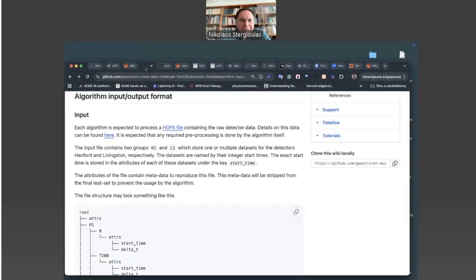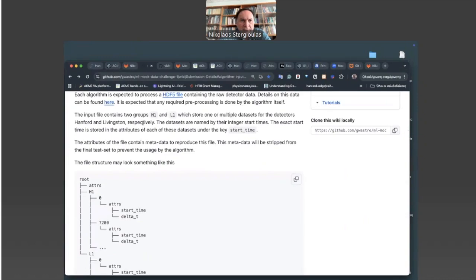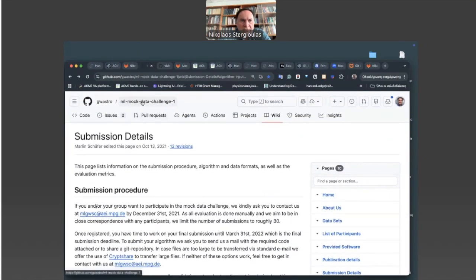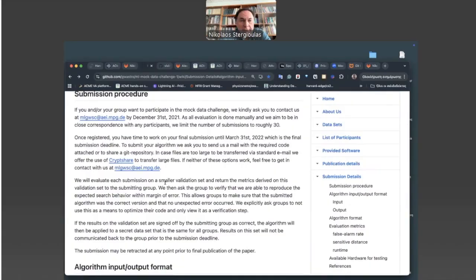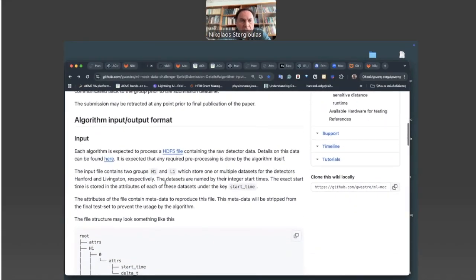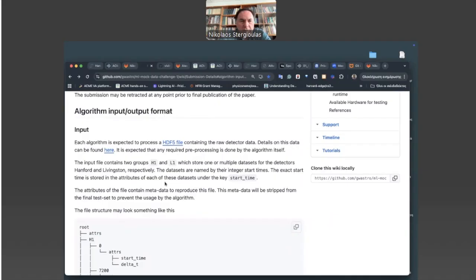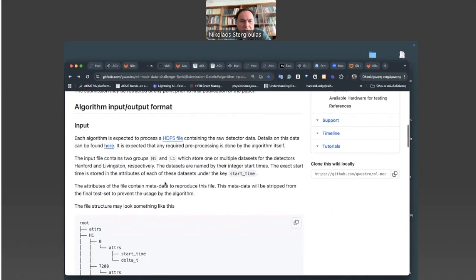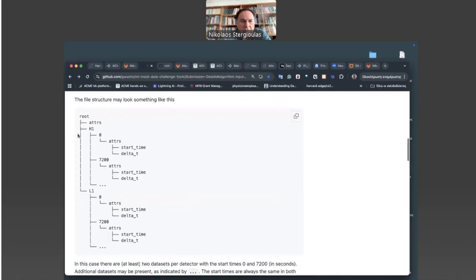In the repository of the first mock data challenge for gravitational waves detection codes, for machine learning codes, that we provide a link to in the timetable, you will find a schematic of the structure of these data files. So there is the root level. Here you see the 2 groups, the one for the Hanford detector, the one for the Livingston detector.